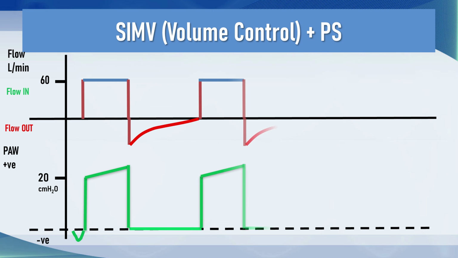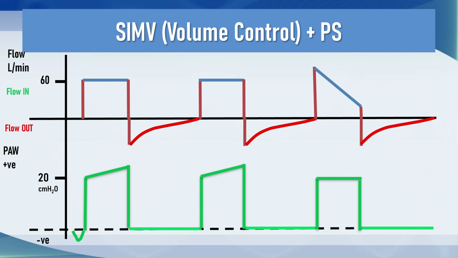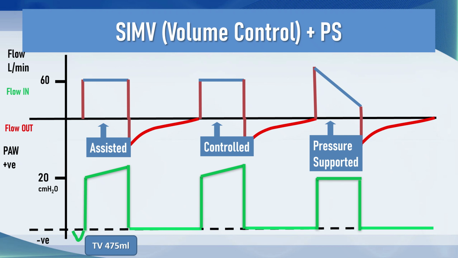And here are the waveforms that we would associate with SIMV and pressure support. They have 3 different types of breath here. A volume assisted breath here. You know it's an assisted breath by the little divot before the pressure waveform. A controlled breath. And then a pressure supported decelerating flow pattern breath that flow cycles at a proportion of peak